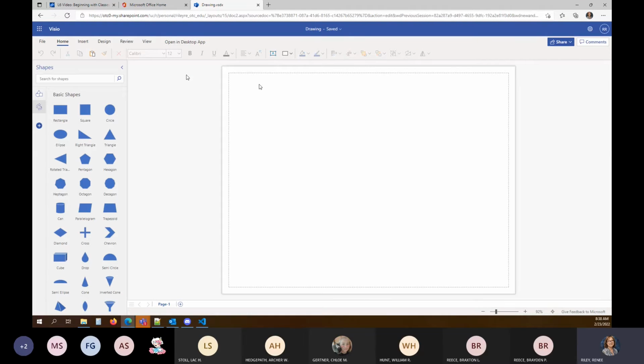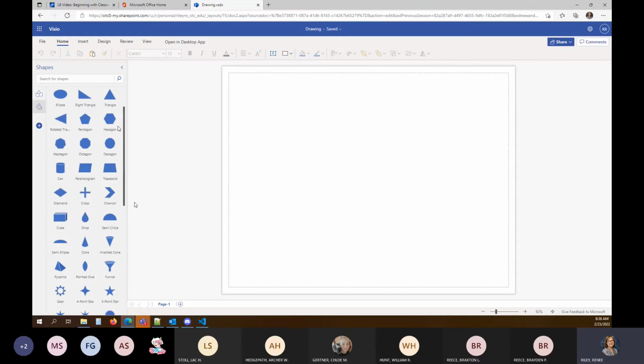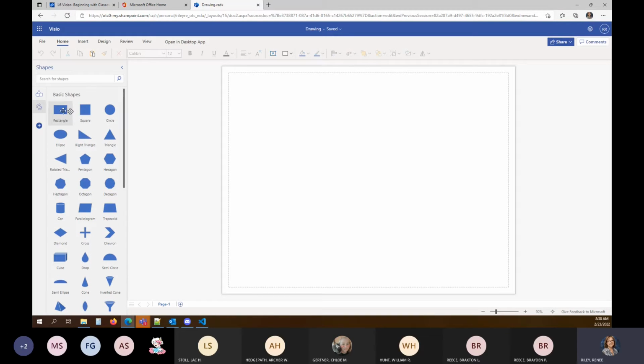Now, when you're using Visio, you have shape libraries over here on the side, and then this is your drawing page, your piece of paper, and you can use all the different shapes in any way that you like. So if you wanted to draw a rectangle, you can select that rectangle shape and then click and drag to draw it on your piece of paper. Is it working? Oh, I have to drag it from the shape library out onto your piece of paper.